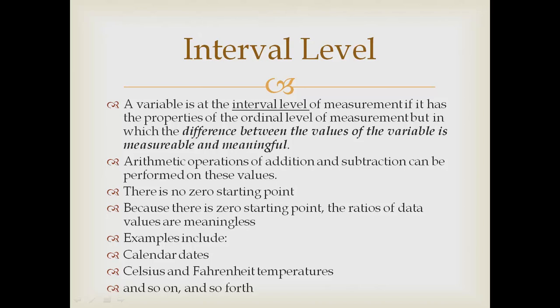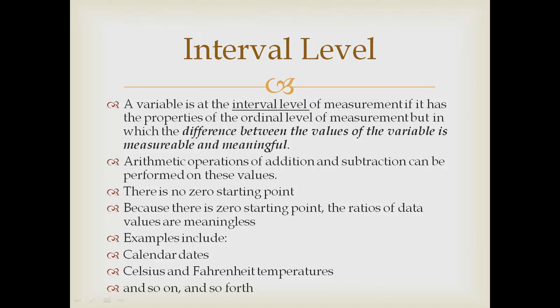But in the interval level, the difference is measurable and it's meaningful. You can perform arithmetic operations of addition and subtraction on these variables, but the problem is that there is no zero starting point. It doesn't start from 0,